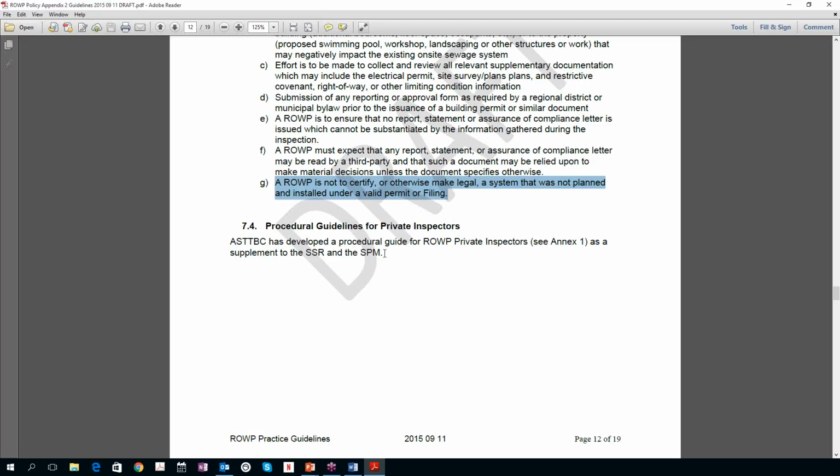George, a bunch of lakes around the province have local bylaws with setbacks that are in excess of the SPM. If that was the case, you're probably ethically obliged by the Code of Ethics to report it to the regional district or whoever, and then, of course, if it could pose a health hazard. I mean, if it's 20 feet from a well and the well is downslope, for example, I would suggest that's probably something that you have to report just out of the health hazard issue.